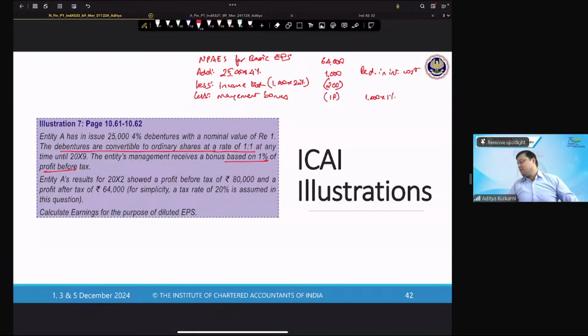And if that reduces by 10, can I say the tax benefit will go up? Yes. 10 into 20% is 2. So that's it. So this comes to how much? 64,792. This is the earnings